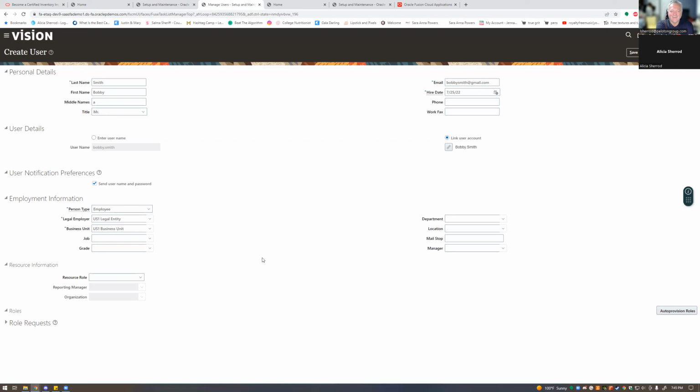That's a mess. Okay. You also notice it says create user up there, but you didn't create a user, you created a person. And you linked it to a user account. Isn't that baffling? That drove me crazy. They should have that all in one thing. Yeah, they should. But anyway, if you go up and do a save and close,